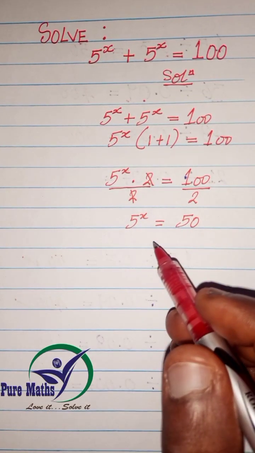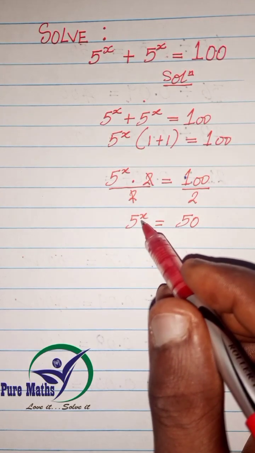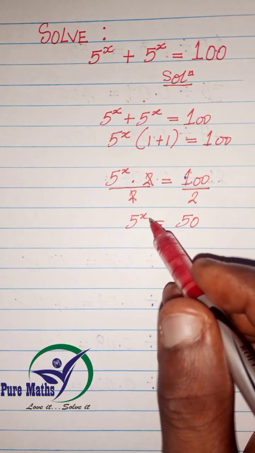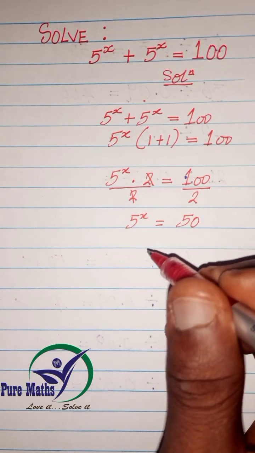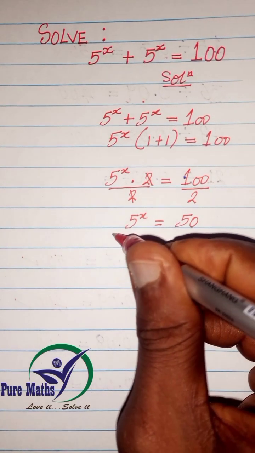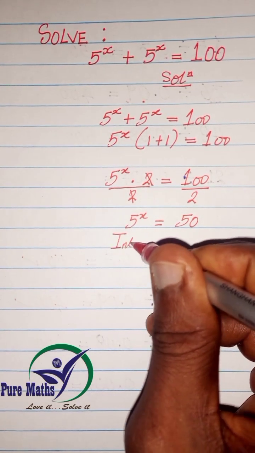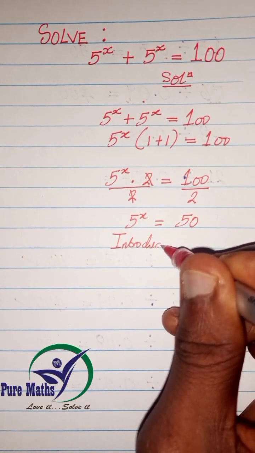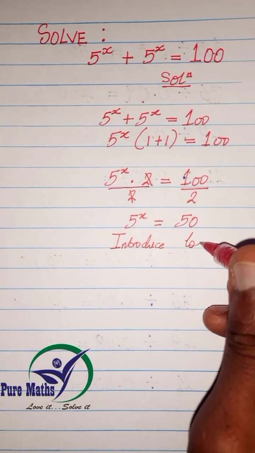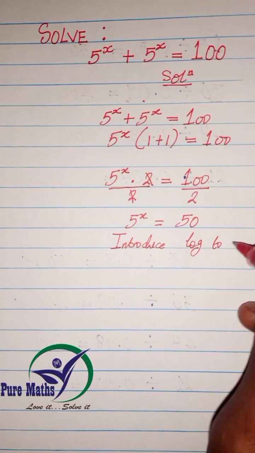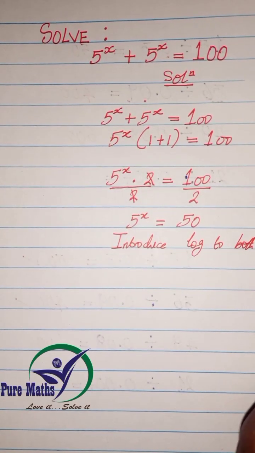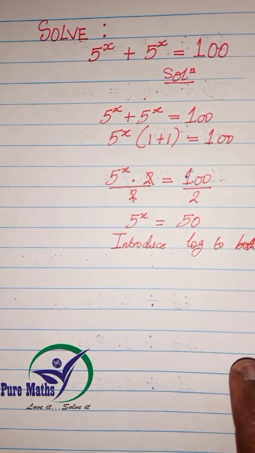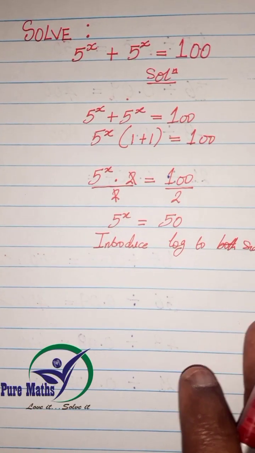Now if you observe, the left hand side is having power x, so we need to bring down the power. And how do we do that? We need to introduce log to it. So we are going to introduce log to both sides. Introduce log to both sides. Okay, so when you introduce log to both sides, you will be having